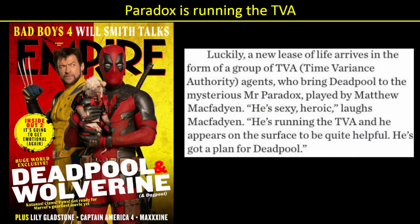So very cool. Okay, so now let's talk about Empire magazine, which had a really good write-up on the movie. In particular, we learn that Paradox is running the TVA. Now, granted, this information is coming from Matthew McFadden, who could be lying or could be summarizing it incorrectly. I get all that. But I have long theorized that the TVA in Deadpool and Wolverine is different than